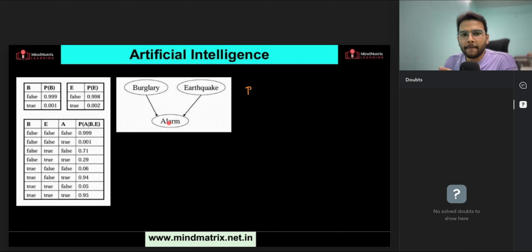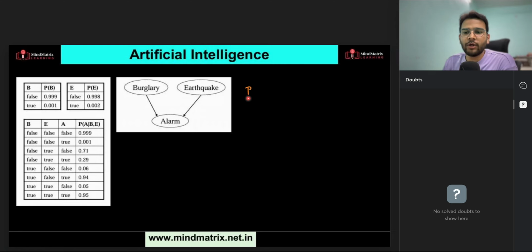So we can say here that alarm is conditionally dependent on burglary, and alarm is also conditionally dependent on earthquake. In simple words, it is saying that alarm will set off when there is a burglary happening. Similarly, alarm will set off when there is an earthquake also. And this is a very famous example. Most of the IIT and IISc professors use this example, and most professors in foreign universities also use it. It is a very popular example.